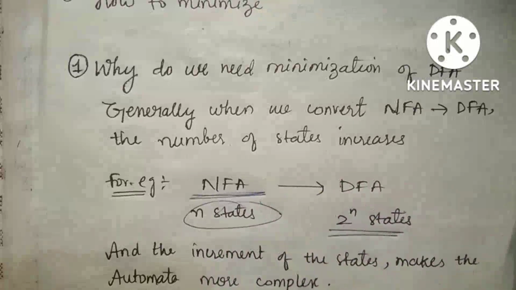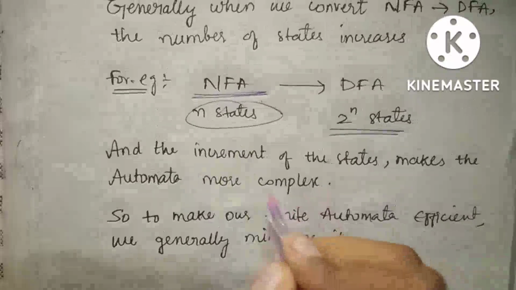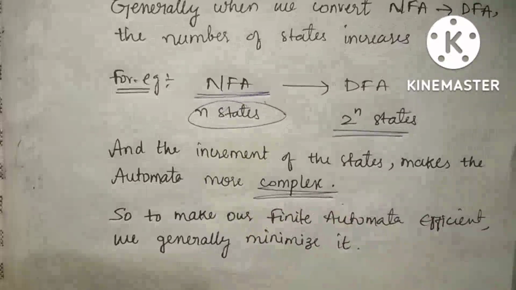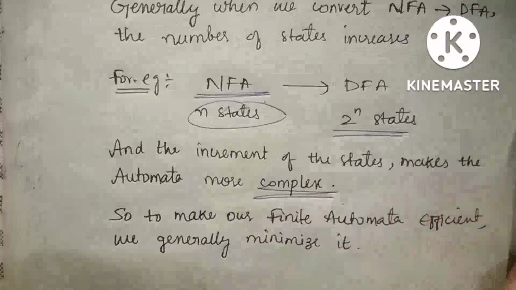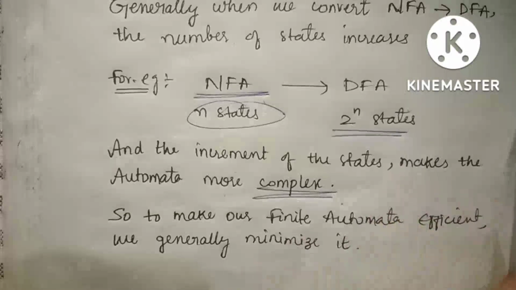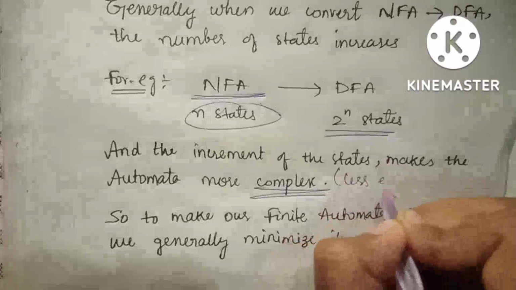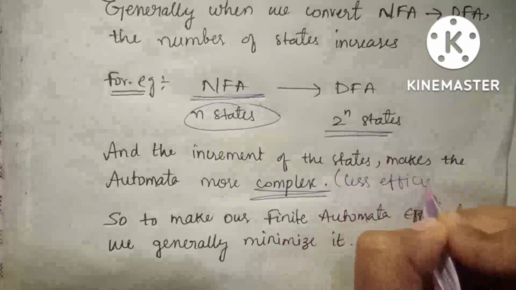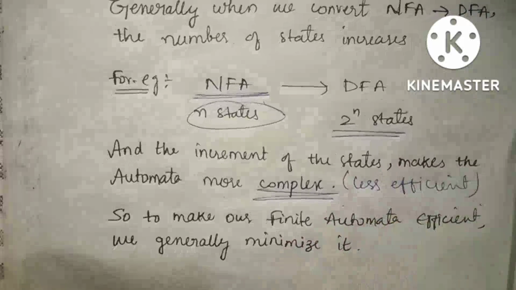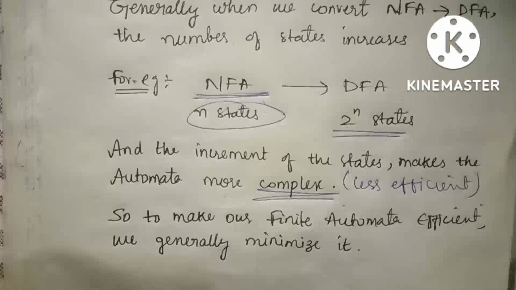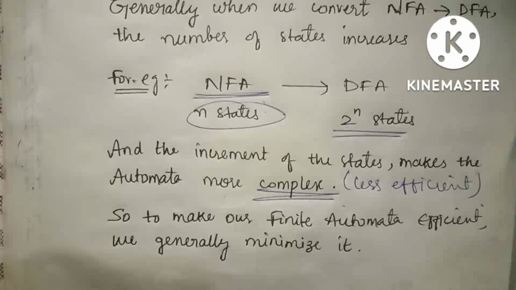So when we convert NFA to DFA, the complexity increases, which makes it less efficient. This is the reason why we use the minimization concept, because it decreases the complexity and makes our finite